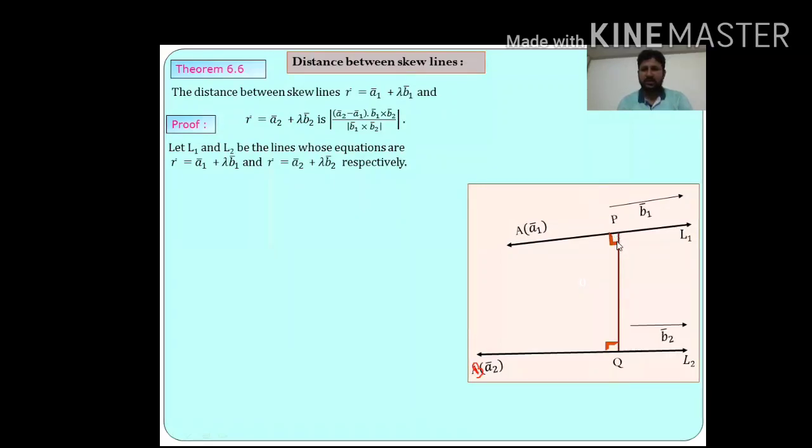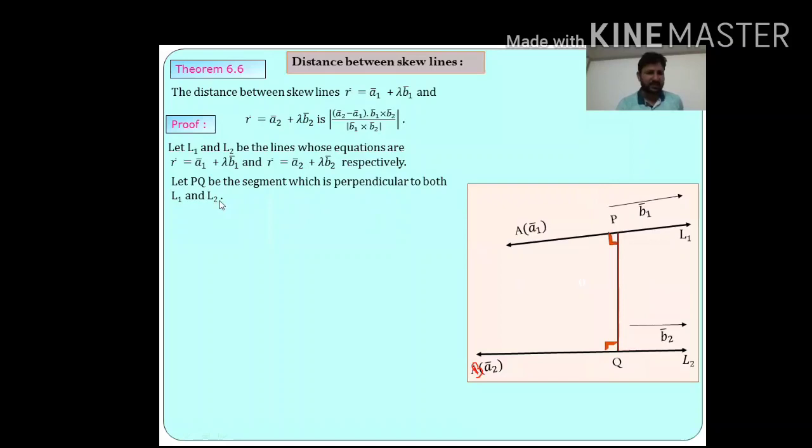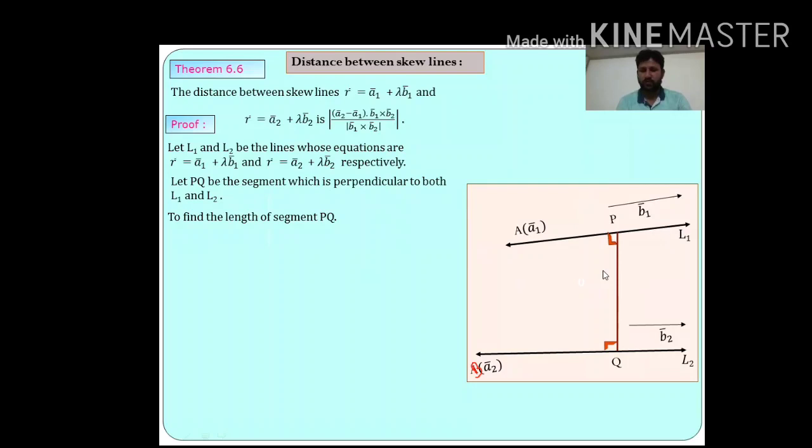To find out the distance between them, there is one and only one line, the line PQ, perpendicular to L1 as well as L2. Let us see. PQ is a segment which is perpendicular to both L1 as well as L2. To find out the length of segment PQ,